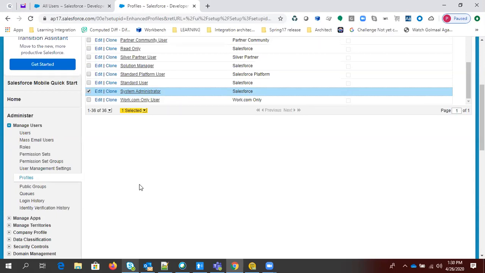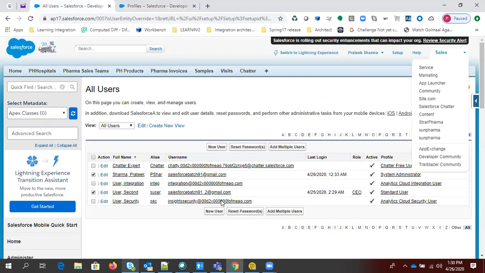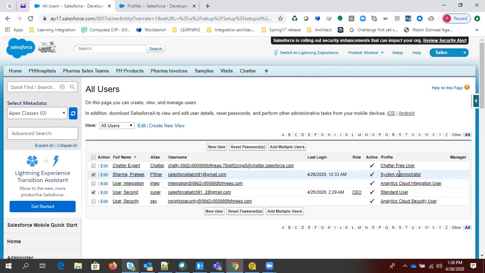If somebody has this profile, then he or she can do each and every task, each and every customization in Salesforce. That is why our first user, whenever we signed up for this org, was assigned as system administrator, because the system administrator can do customization, can change the metadata and the data security, data settings.